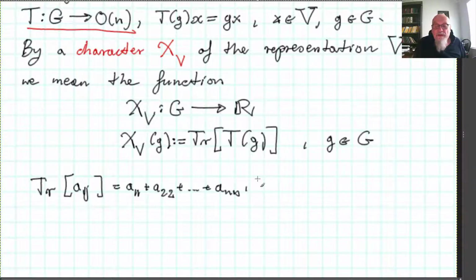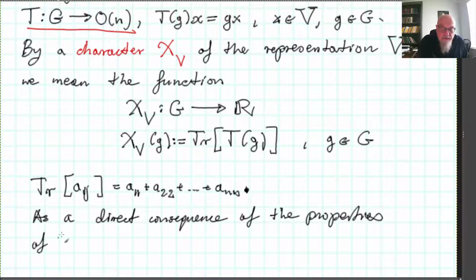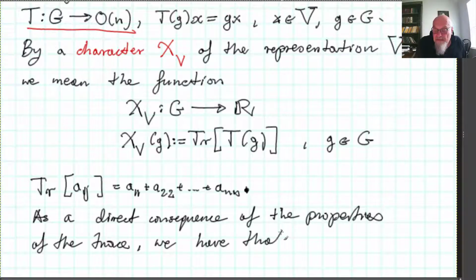Since the trace has certain properties, as a direct consequence of the properties of the trace, we have that